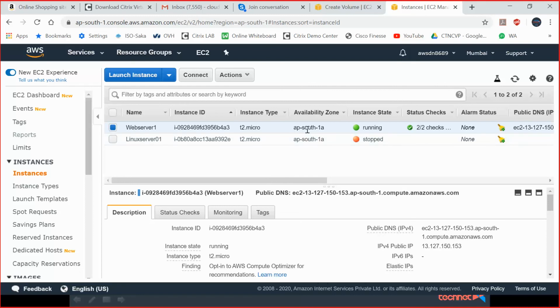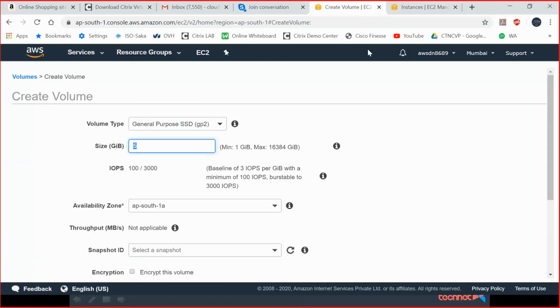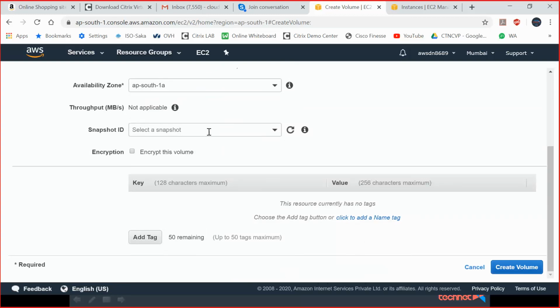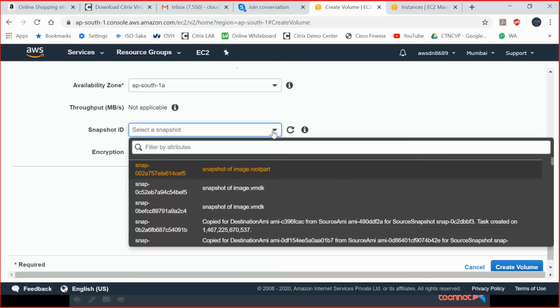See here, AP South 1A. It is created in AP South 1A. So you need to create the volume also in AP South 1A only. You should not create it in another availability zone.